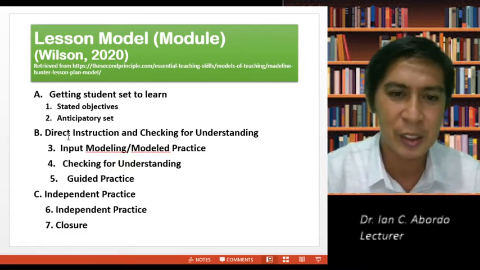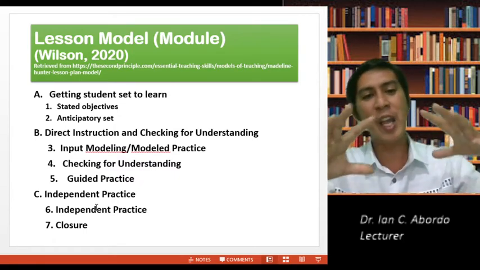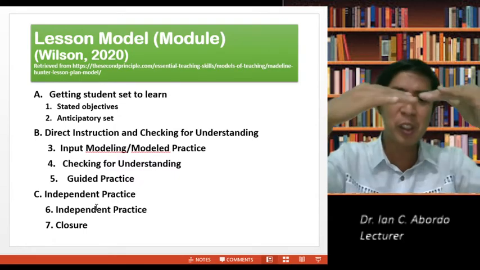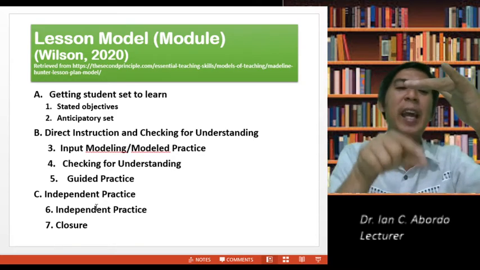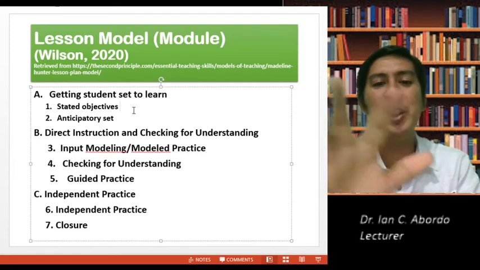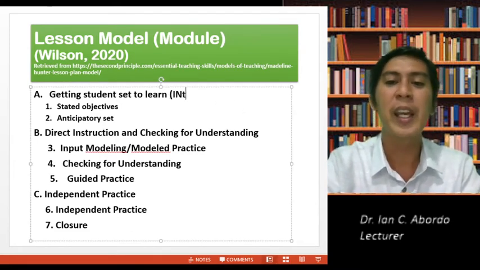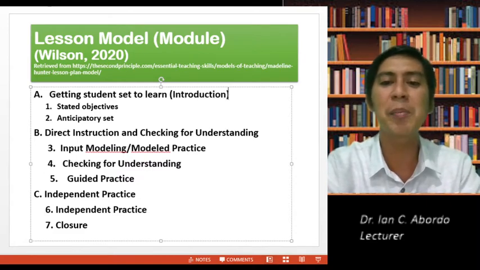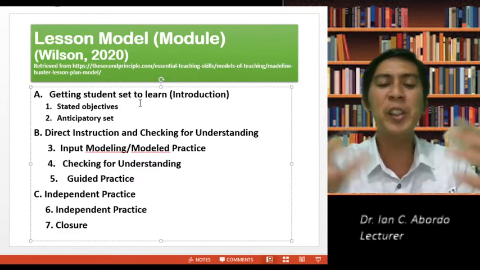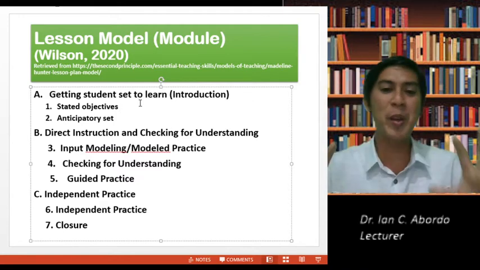Change the labels if you like, for as long as they represent the same parts. So for the introduction you will say learning competencies. If this is the first part, the introduction of the module, I am just modeling here. Then for the introduction of the module, you can say first part, you will have an introduction, two to three paragraphs.